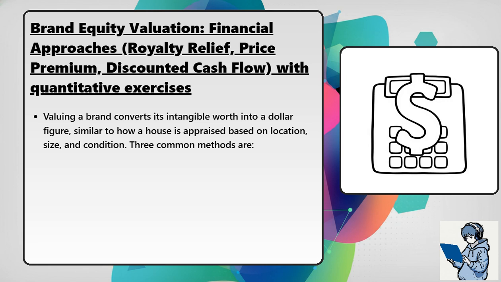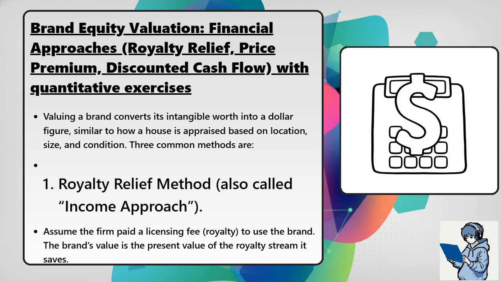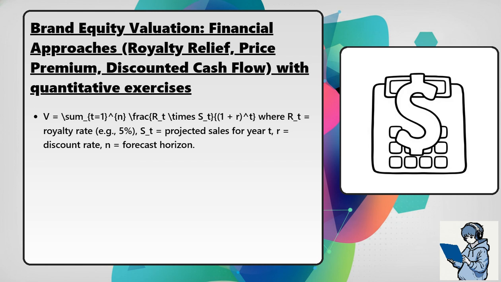3 common methods are: 1. Royalty relief method, also called the income approach. Assume the firm paid a licensing fee, royalty, to use the brand. The brand's value is the present value of the royalty stream it saves. V equals the sum from t equals 1 to N of R_t times S_t divided by (1 plus r) raised to the t power, where R_t is the royalty rate, for example 5%, S_t is projected sales for year t, r is the discount rate, and